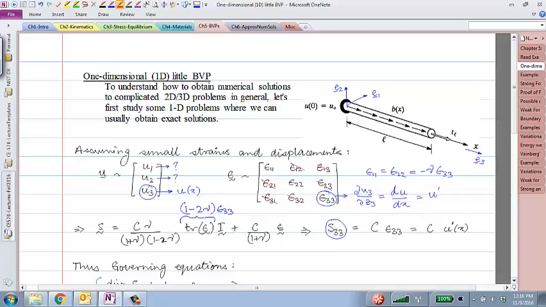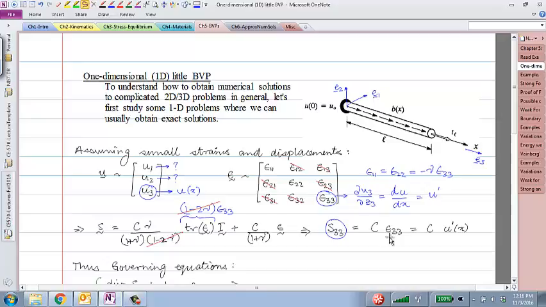This 1 minus 2 nu cancels off. I get a factor of E over 1 plus nu, and nu times E33 plus epsilon 33. If you simplify that out, you should get that the only non-zero component of stress would be S33, which would be equal to Young's modulus times E33, which is the exact same expression that we got for